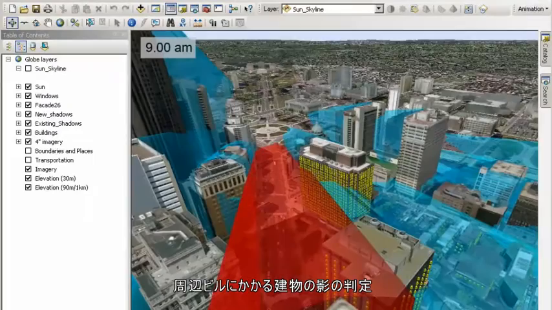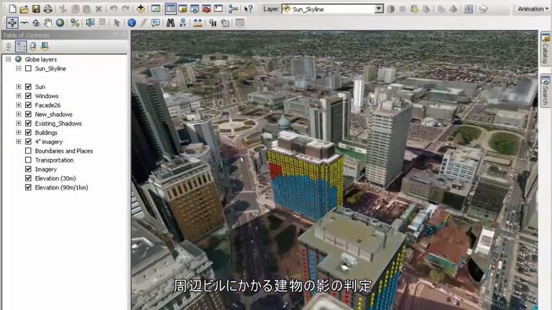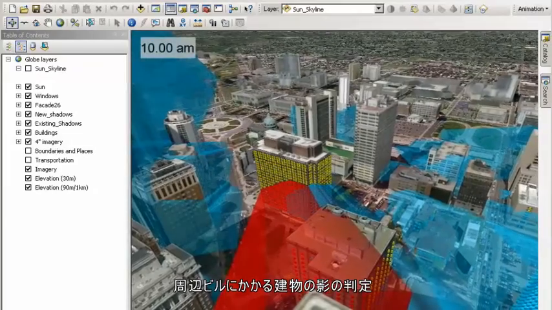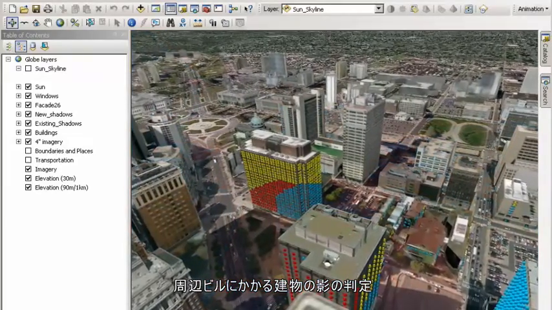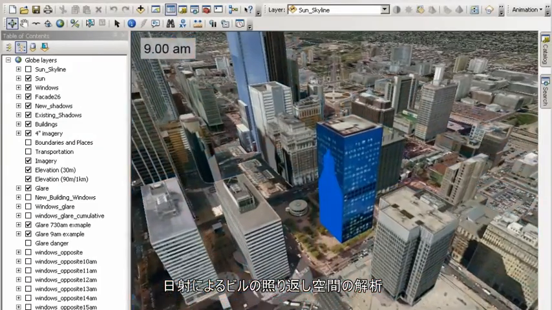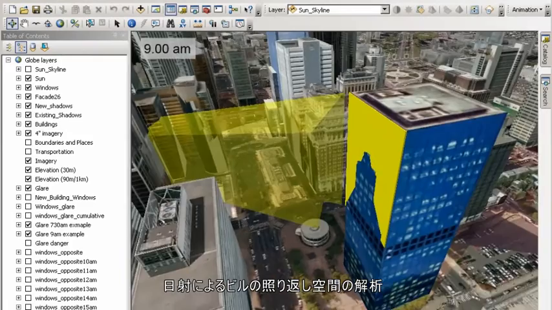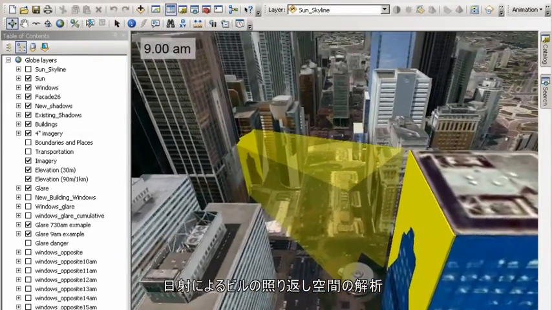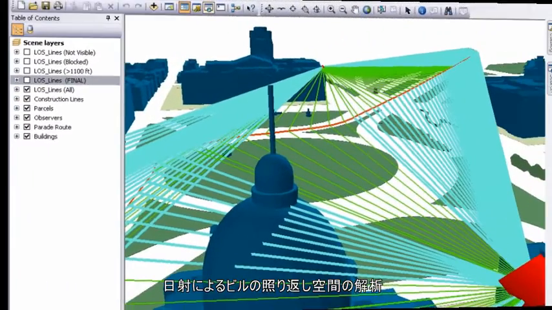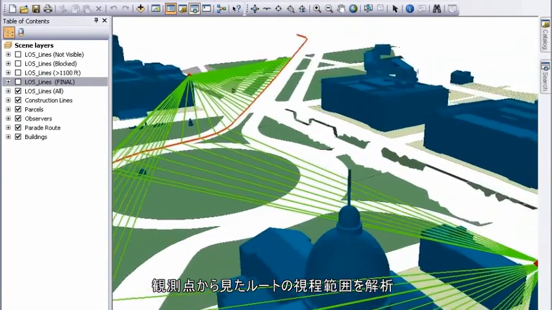Not only at ground level, but we can also find out how the shadow of a new building will affect surrounding buildings. And determine if a new proposed building will cause potential glare effects. We can find out the line of sight coverage along a proposed parade route,